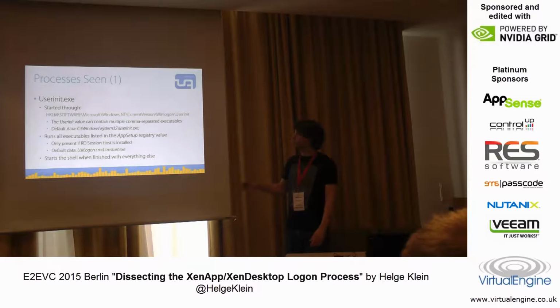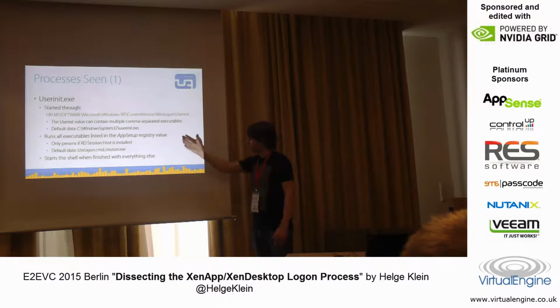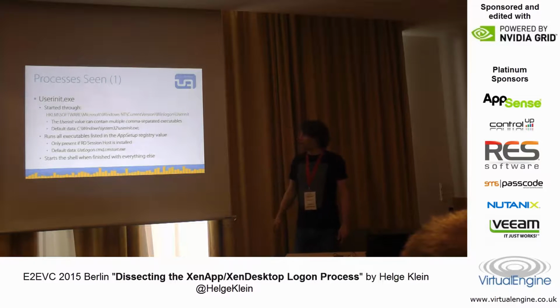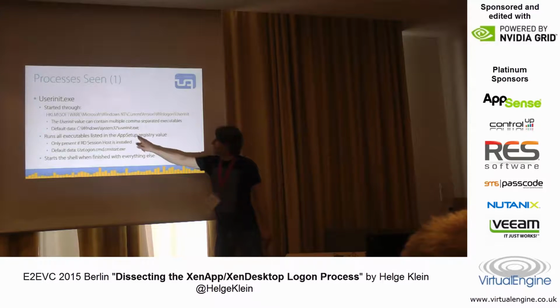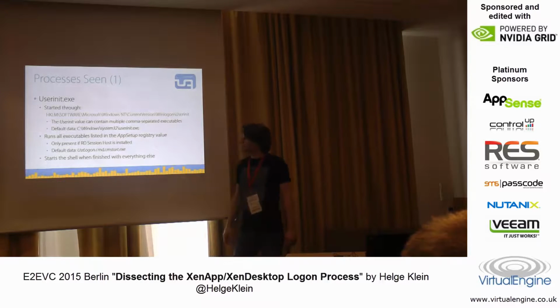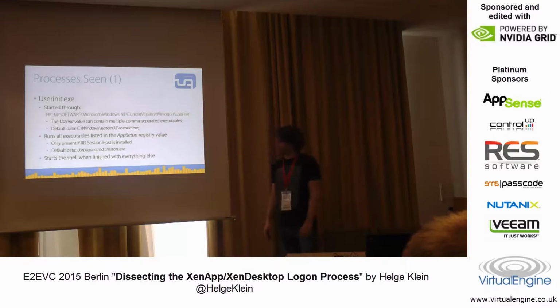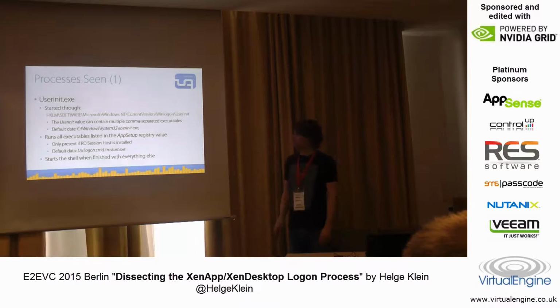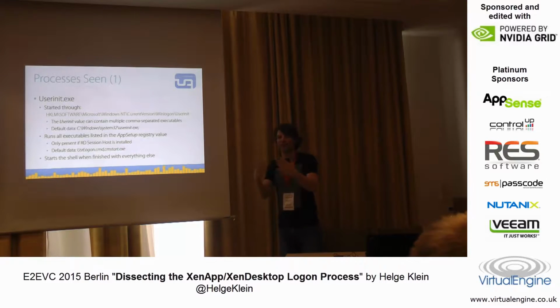It doesn't seem to be that popular anymore, but it's still working, of course. And this is the way userinit.exe is called, and userinit does, as part of the things that it does,